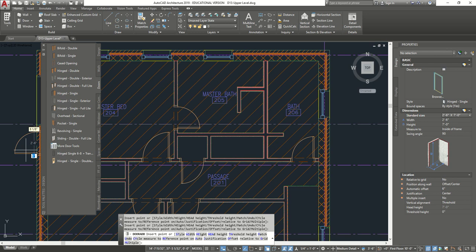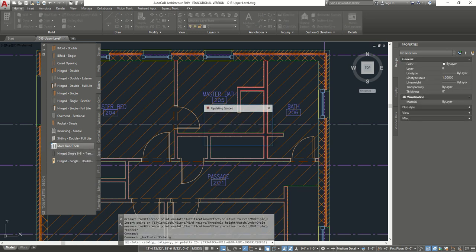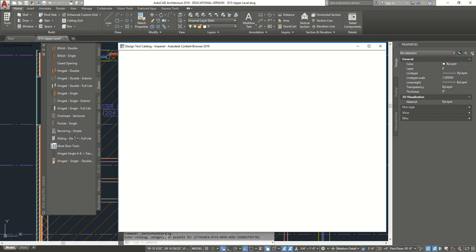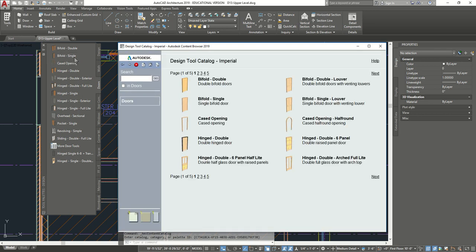Nice. Now, for the next 3 doors, we're going to have to go and load the doors. Let's go to More Doors, and we're going to look for the bifold doors. So we don't have them here. Oh, we did have it. No, we don't. We're missing it. So let's go search it this time. We're going to search bifold,